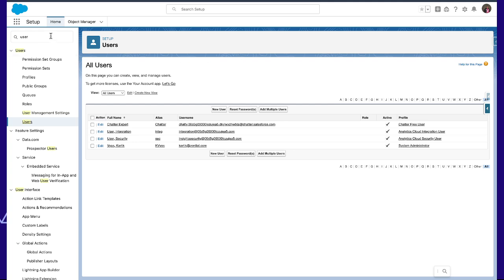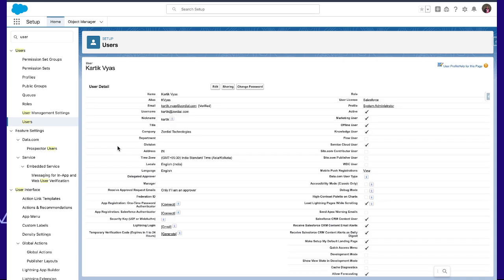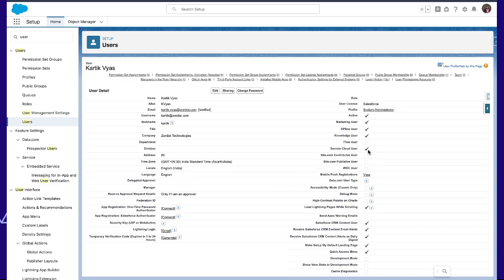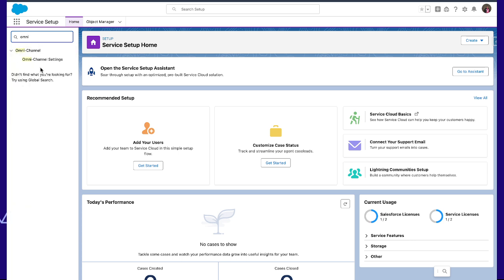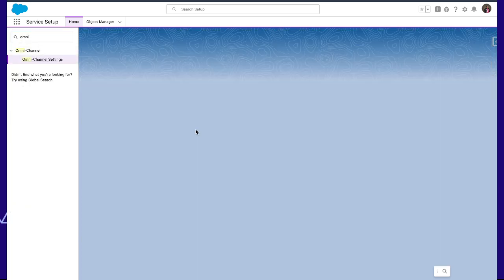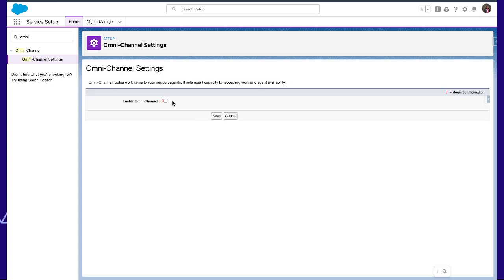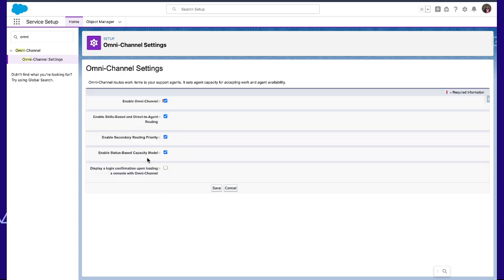First, I go to the user and check whether my user has Service Cloud user enabled. Service Cloud user is already checked, so we are good to go. Now from Setup, we go to Service Setup, type Omni-Channel, and after clicking we have to enable Omni-Channel. These options enable skills-based and direct-to-agent routing, enable secondary routing priorities, and the status backup model.